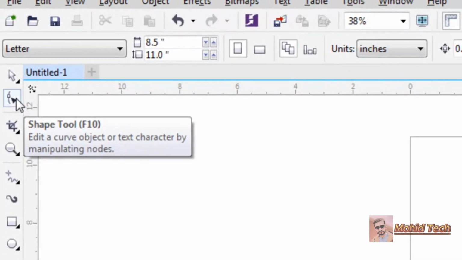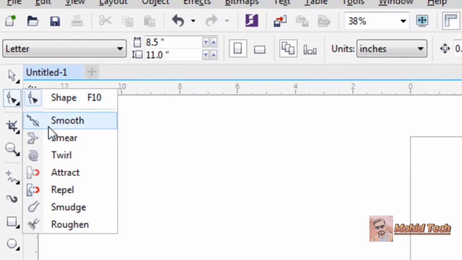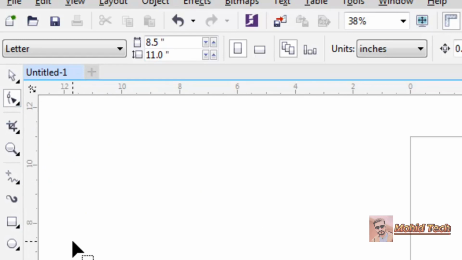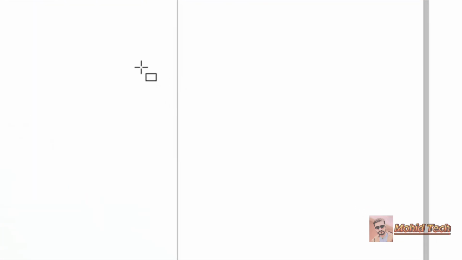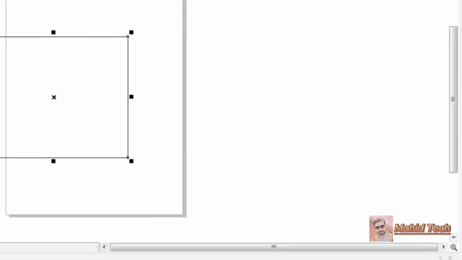We'll talk about other tools inside this shape tool. For example, smooth, twirl, attract and ripple, smudge and roughen, etc. So first of all, we'll click this rectangle tool and we'll draw a rectangle here and we'll put a color